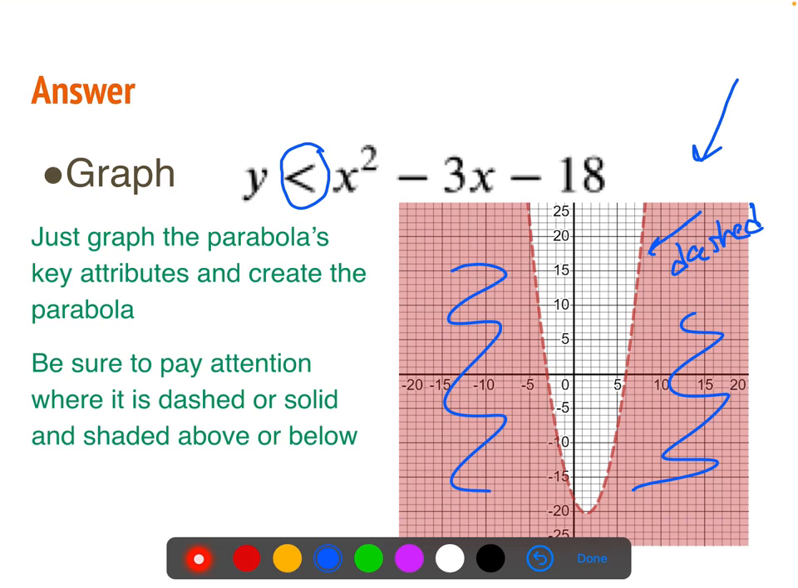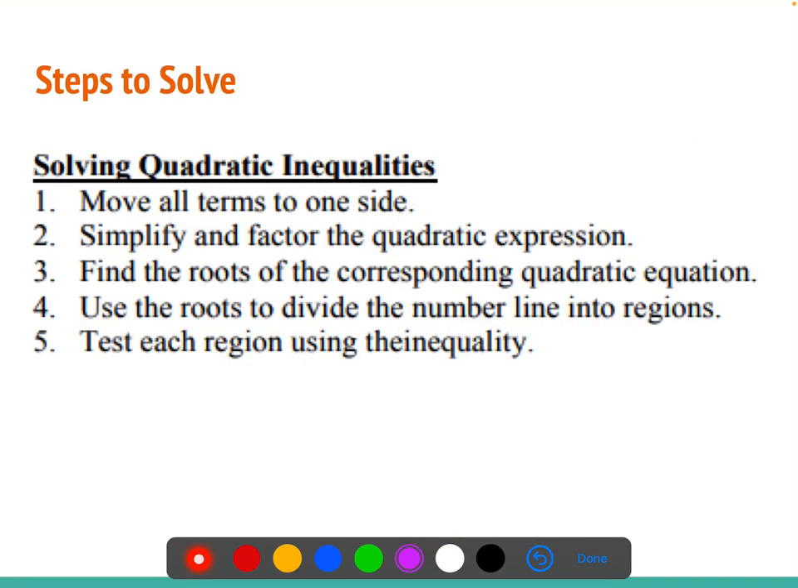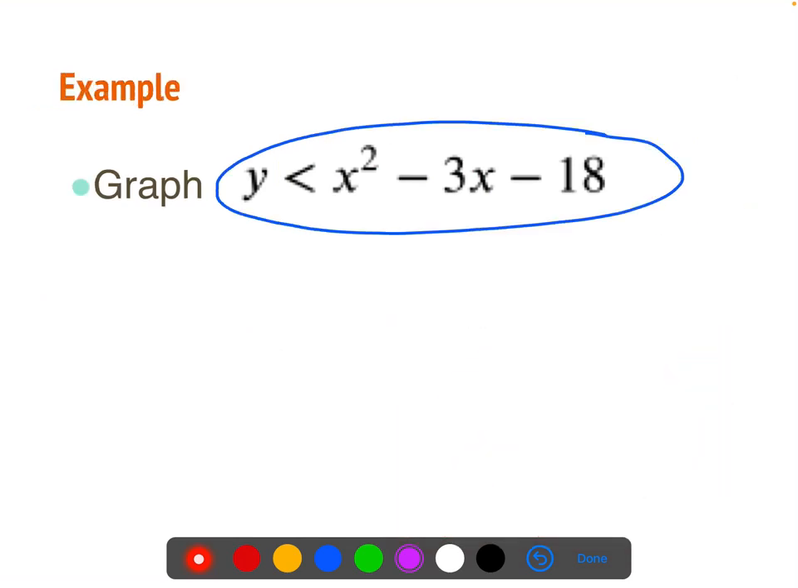Now, another way you could do this is you could find all of its key attributes. So I'm going to go back a slide, and I'm going to show you how to do it with key attributes, if you had to do it by hand. First thing I'm going to do is I want some x and y intercepts. So I'm going to do the big X,